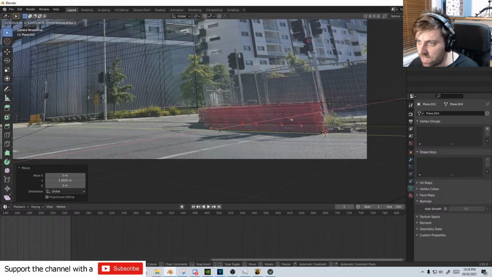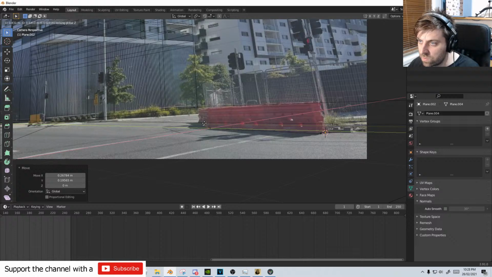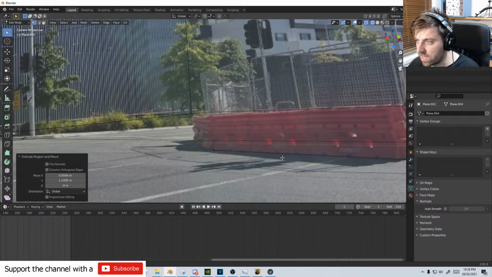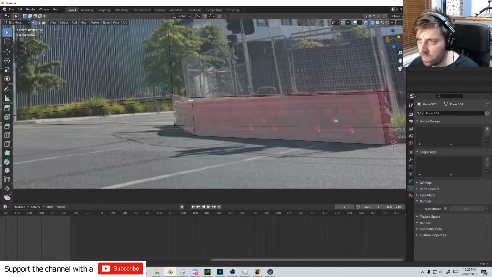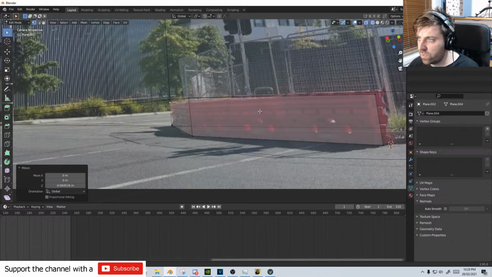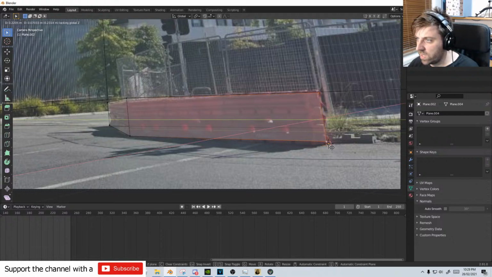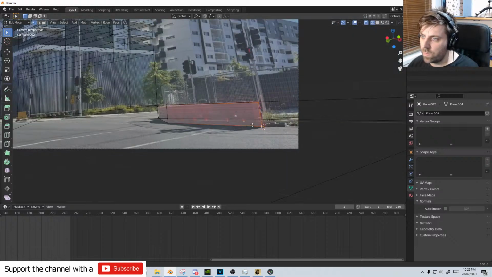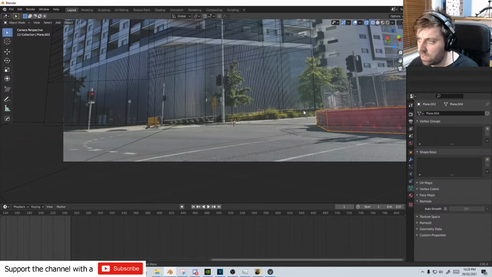G Shift Z. So we're not moving along the Z axis. E to extrude, we're disabling along the Z. From here, I'm going to go E Z up. Let's go G Z, bring that back down. Here we can probably go Shift Z, bring that around like so. And then maybe right here,